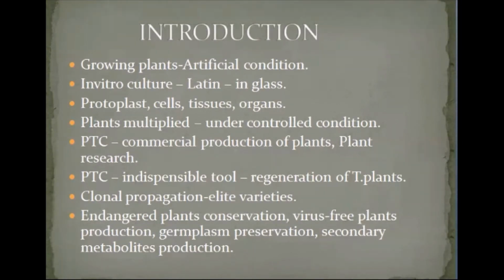Without cell wall, including cell membrane, is called a protoplast. And as cells, we know that even a single cell can be used for the regeneration of an entire plant. And tissues, we know that a group of cells is called a tissue. And organs, we can use root, leaf, or stem. So any small piece of a plant can be used for the culturing of an entire plant, especially in tissue culture techniques.